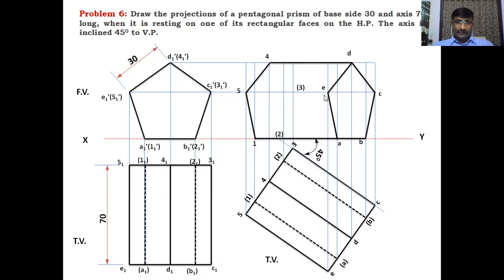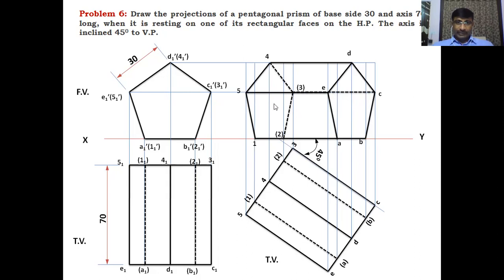So out of these two longer edges, when we're looking from this side, the 5 to E line is visible. That means 5 dash to E dash, we have to join with the dark line. This is the visible longer edge. The remaining longer edge is C to 3, and 3 dash to 4 dash, 3 dash to 2 dash are also invisible edges. So join those with dotted lines, and 3 dash to C is also a dotted line. This is the dotted line.